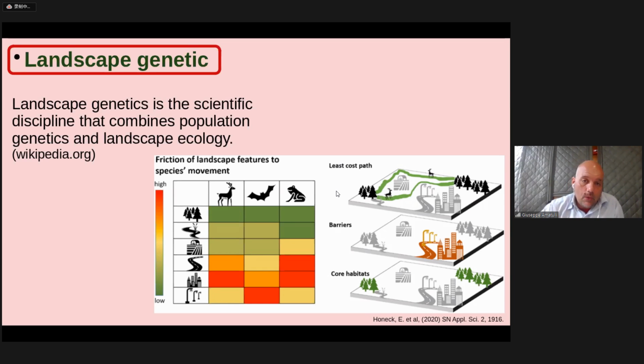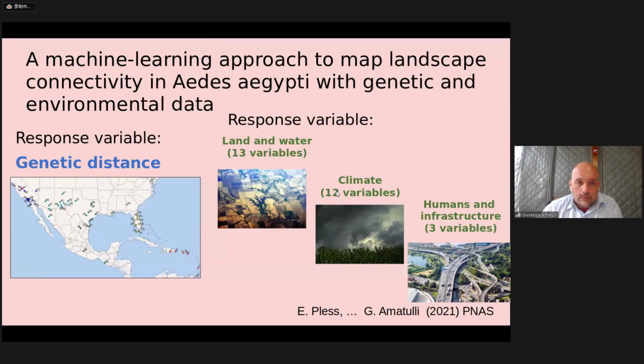So what does this one mean? That the two populations, if there is some barrier, cannot move, so the two genetic populations cannot be crossing over, and so the genetics will be quite different. So in this context, we were studying